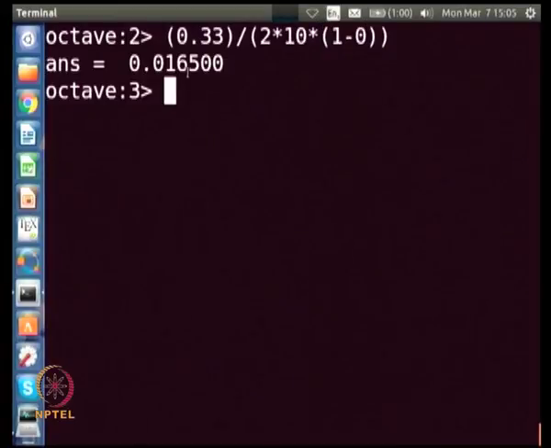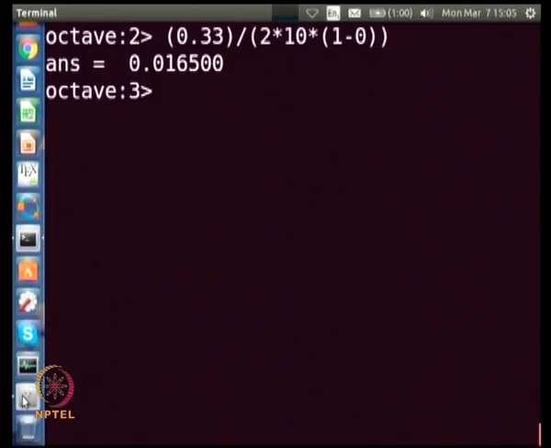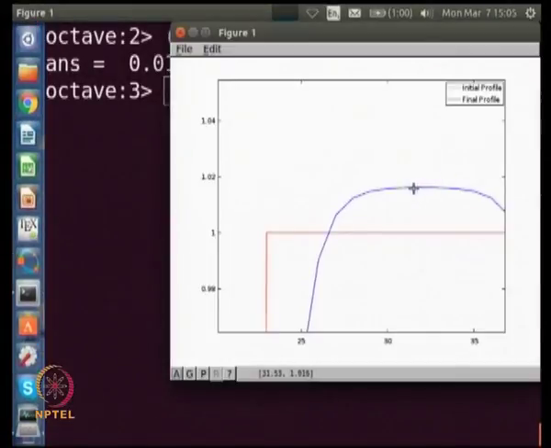So, if you calculate, it is about 0.016, and that is what this composition profile is showing, that the composition increases above 1 and it becomes 1.016 in the precipitate. So, this is purely a curvature driven effect.